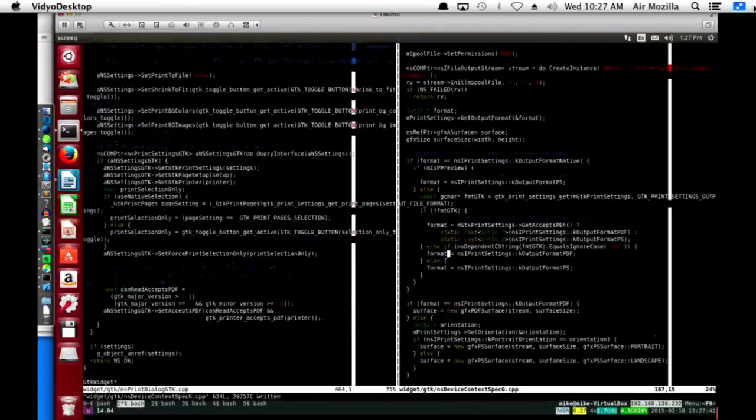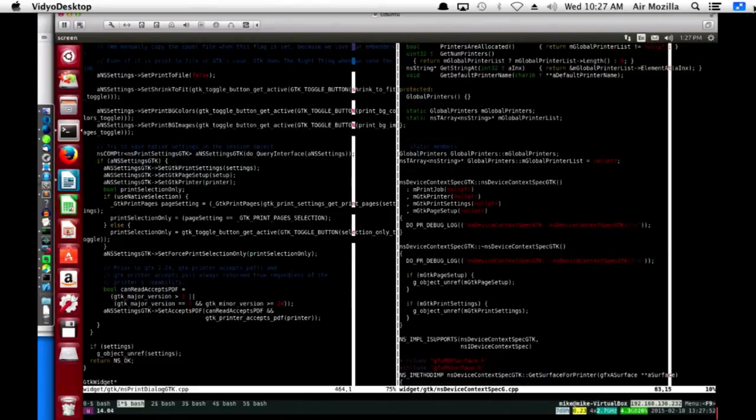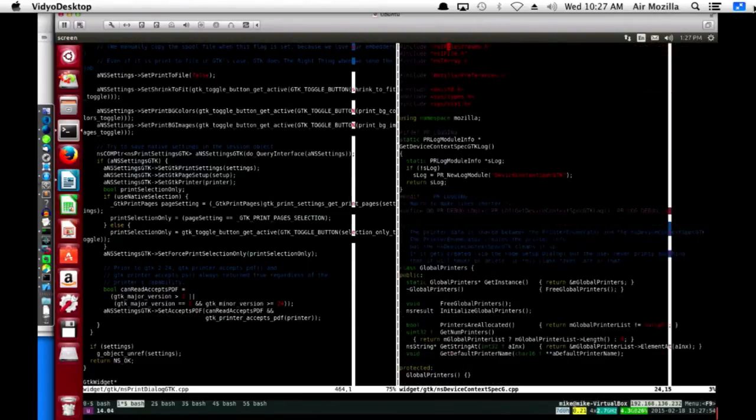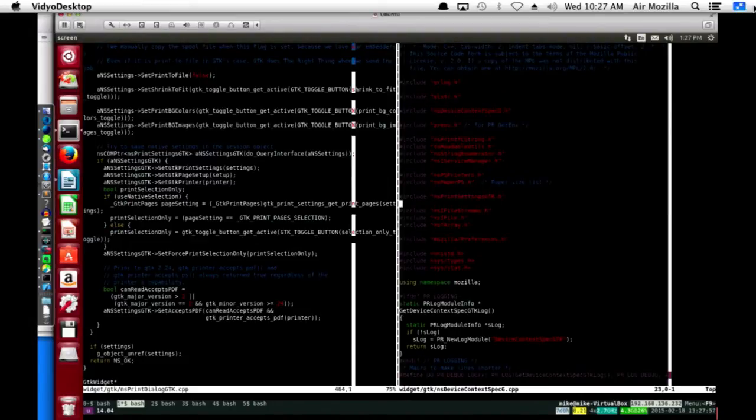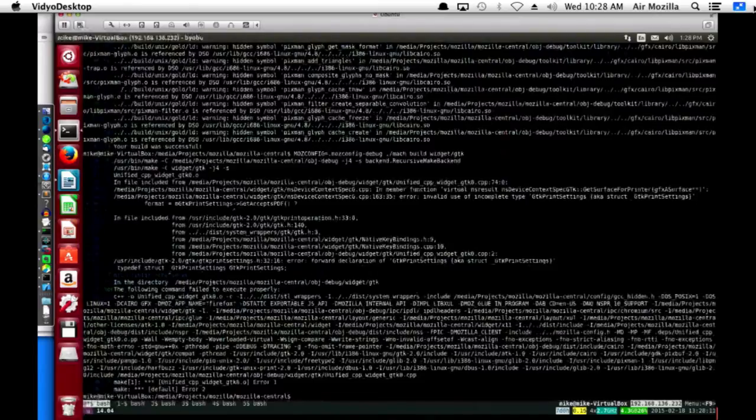An incomplete type means it knows that I'm dealing with something called print settings, but it doesn't know what the members defined on it are and so on. Which is strange because we're including GTK print settings .h. So, did I screw up somehow? AKA struct GTK print settings.